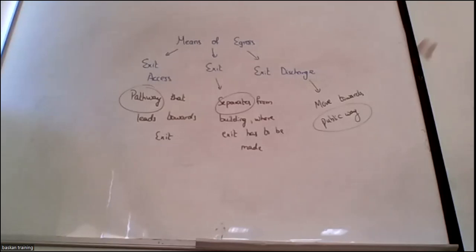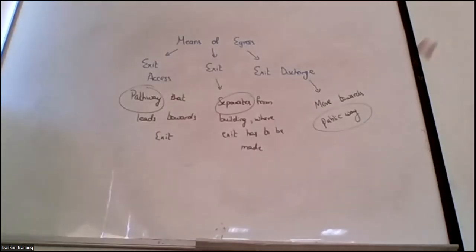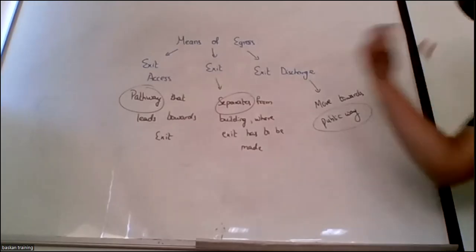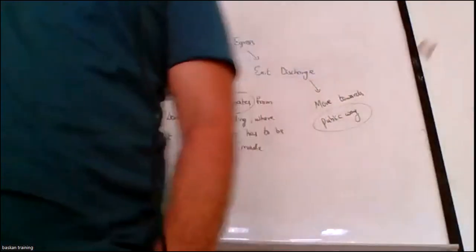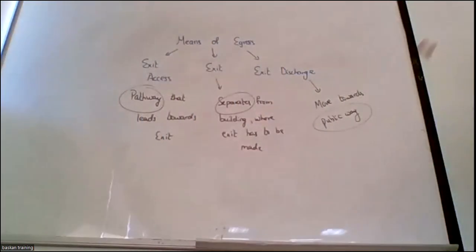So once you start reading it, there are multiple definitions. But the punch words are always the same. If these punch words come, it indicates that it is defining towards the exit discharge, exit, or exit access. Wherever the pathway is, it is exit access. In the pathway you also have doors: room doors, stairway doors, and horizontal exits. These are components of exit access.